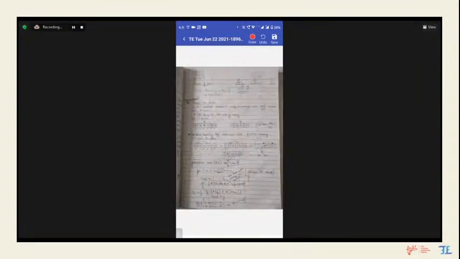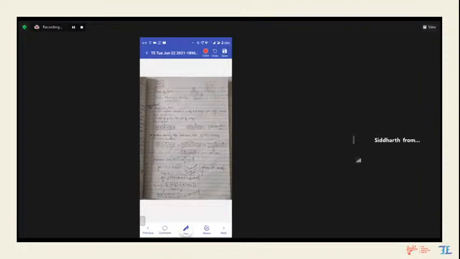and start doing the correction. Now, before I actually show the demo again, I want all of the teachers to visualize how they do the correction, how they do the checking in the physical world. When schools were open, how did you check all the submissions that were done by students? The Teach Easy app works exactly like that.